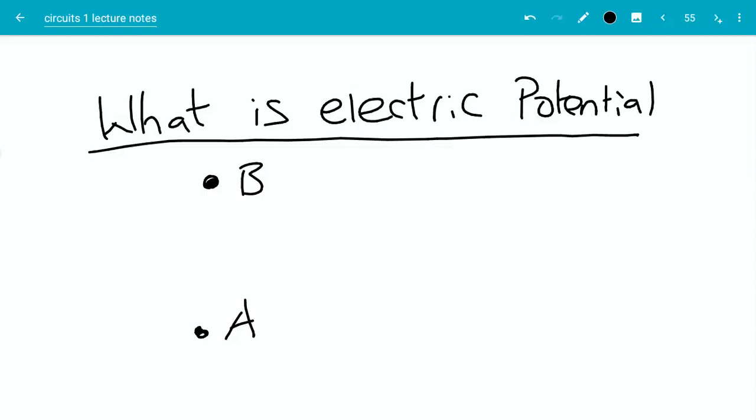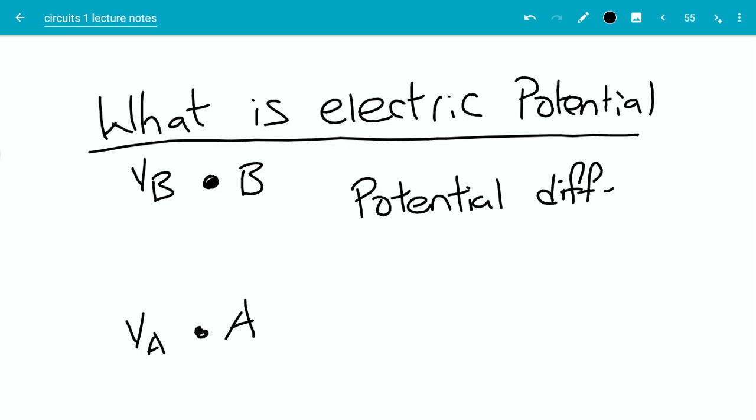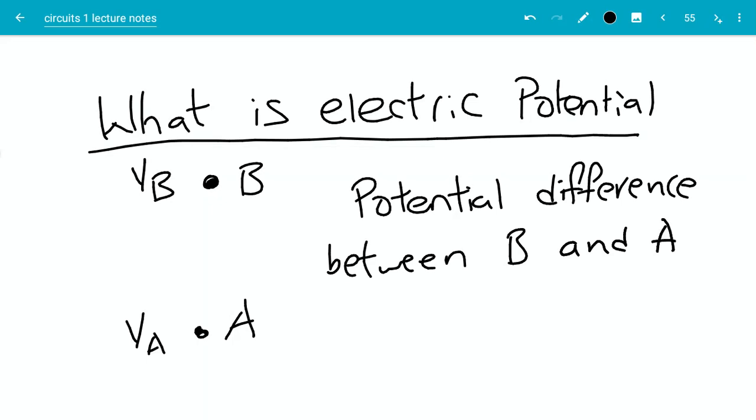What is electric potential? Let's consider 2 points A and B here. Let's say the voltage at point A is VA, at point B is VB. Then the potential difference. Remember, we always talk about potential differences. So the potential difference between B and A, just to keep with the convention, is measured